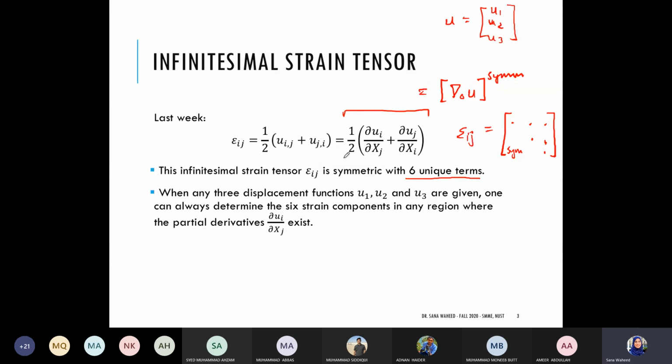So for example, consider that I have only 3 displacements, U1, U2, U3. Because I have these 3 unique U1, U2, U3, if I want to find my strain tensor, I can straightforwardly take the gradient and take its symmetric part. Okay? I can find each of these because those 3 would be manipulated in different ways. But if I start from my strain tensor, from the left hand side of the equation, then I get into a little bit of trouble, because I think you might notice what the issue is. I'm starting with 6 terms and I have to get to 3 terms,